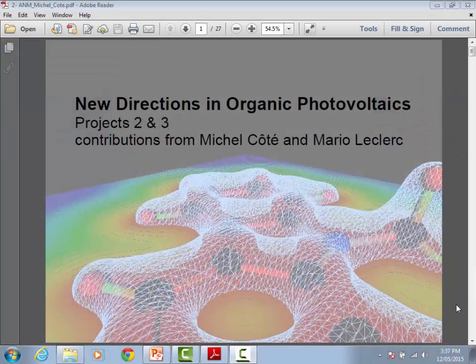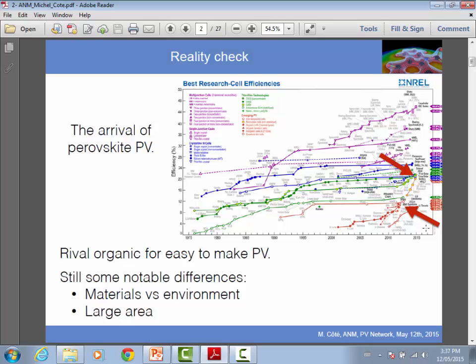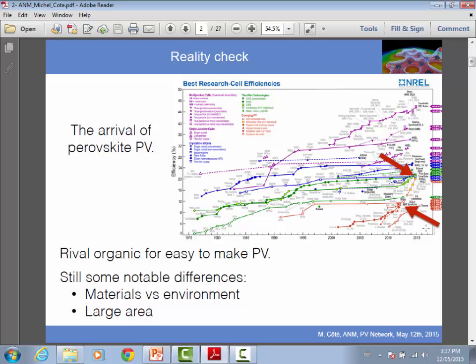So this is a summary, not a summary, but a contribution from projects 2 and 3, and especially from Marie Leclerc and myself. First, during the PV network years, the perovskite appeared as a new material. On this graph that I showed, these are the perovskites, and in a very small amount of time they reach close to 20% efficiency,